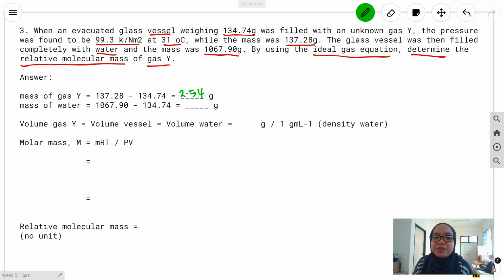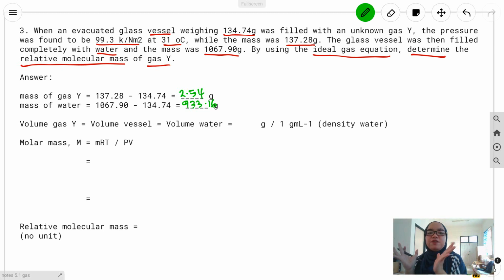So when we do that, 1067.9 minus 134.74, we got 933.16. Okay, 933.16 gram. Remember, in this case, once we fill in the water, then we consider the mass and the volume and everything negligible. So that's why we minus 1067.9 minus the initial mass of the vessel tadi lah, 134.74. We got 933.16. Now, volume of gas